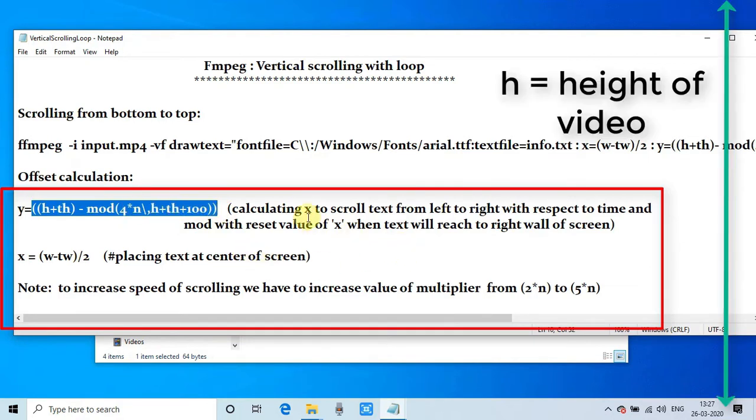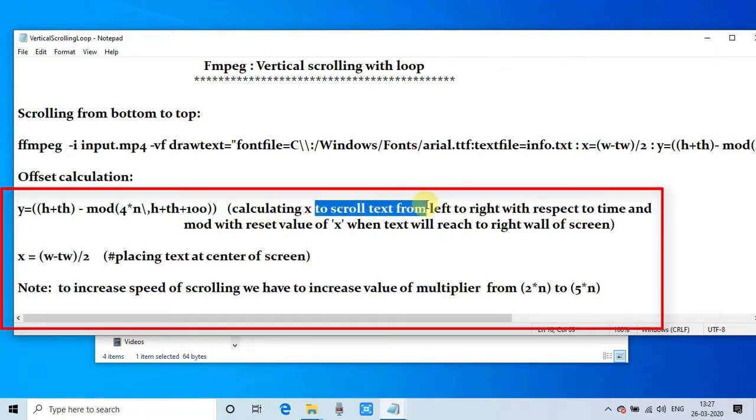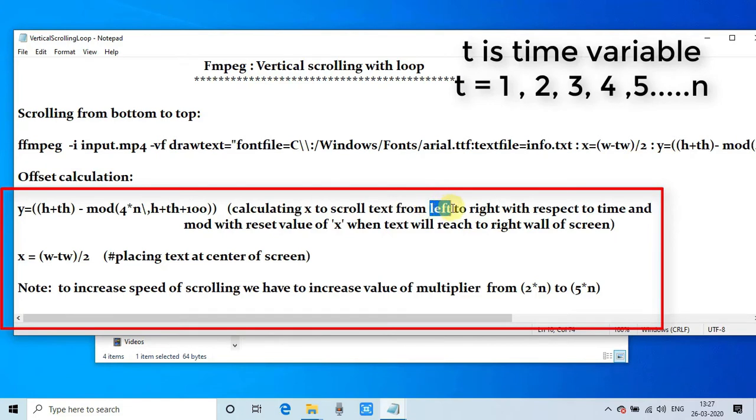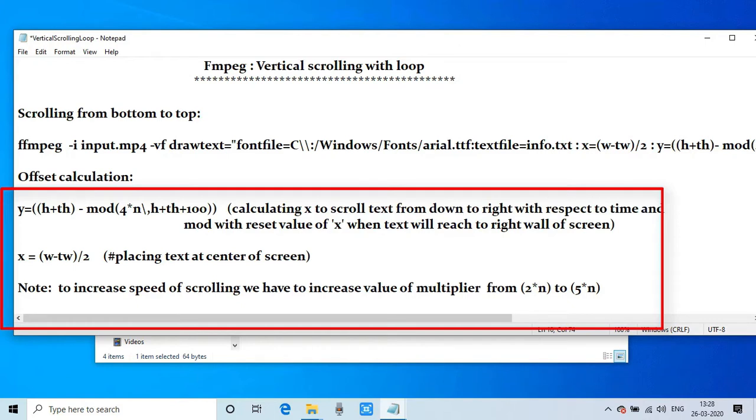We have a total height h of the video, and it keeps reducing with respect to time. At t equal to 1 second we are reducing 100 pixels, and then at t equal to 2 seconds we are reducing 200 pixels, and this pattern keeps going on up to the top of the video.